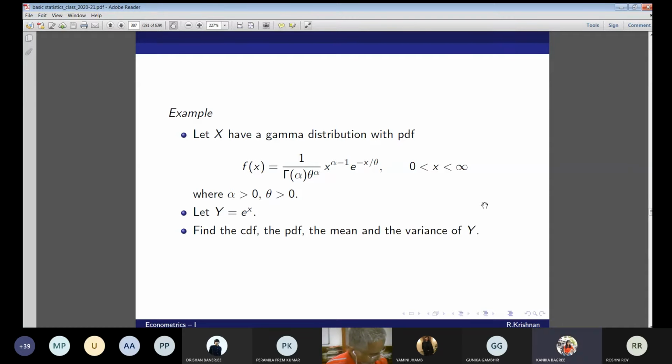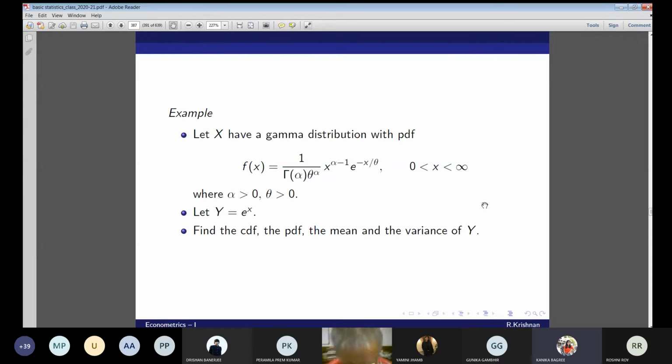But integration, sir, we can't do that, I don't know how to integrate that. What do you mean by that? G(y) is now equal to the integral from 0 to log y, since X has been defined as X less than or equal to log y. This is the standard CDF form. So what will it be in integral form? From 0 to log y, the gamma f of x into dx, right? Yes, sir.